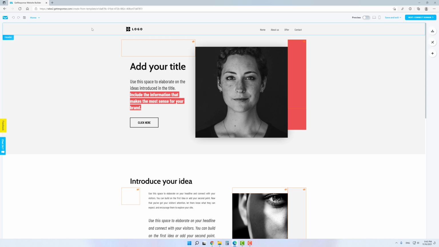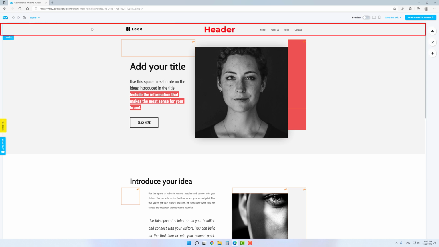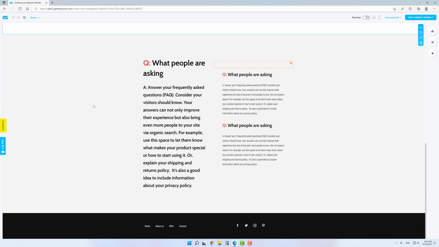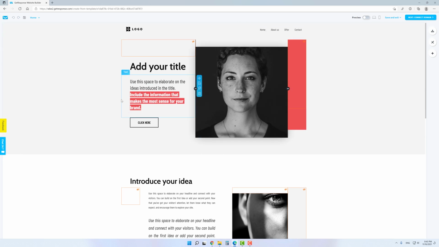First of all, if you're a complete beginner in website building, I'd like to clarify that every page essentially consists of three parts: header, content and footer. The header and footer basically are the very top and the very bottom parts of the page. They stay consistent throughout the entire website, while all the content between them is individual for every single page. Once we figured that out, I'd like you to pay attention to the right panel. By clicking these buttons, we can manage the website's pages, change its global appearance, and add new elements to the page. Let me show you briefly how things work here.